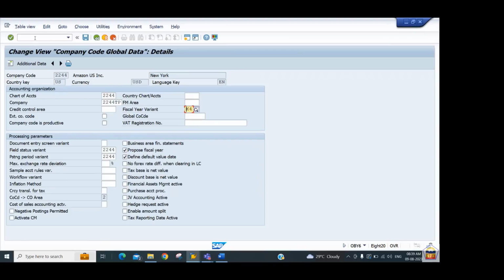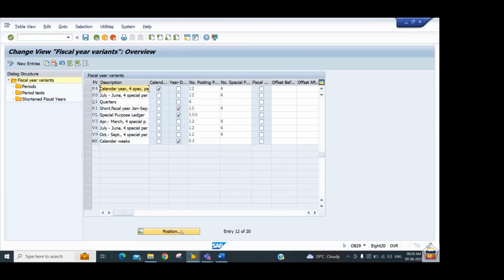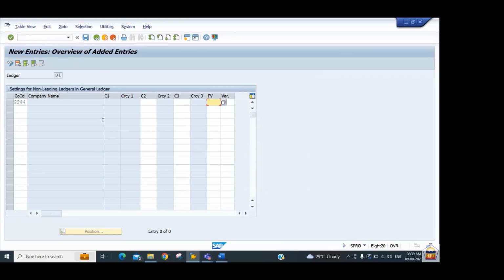Now we can go to the transaction code OB29 and we can see here we have K4 that is a calendar year. And if you want to have the reporting as per April to March, or according to July to June, or according to October to September, these different fiscal year variants we can have for the non-leading ledger. So let it be V3 we want to have. So let's have here the fiscal year variant ID as V3 and we'll have the same posting period variant ID